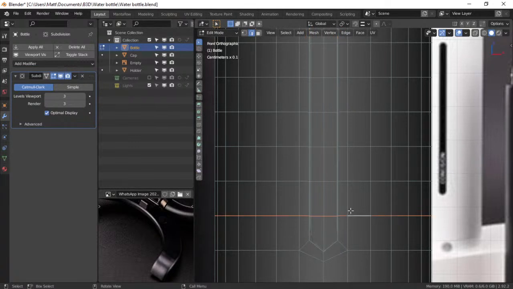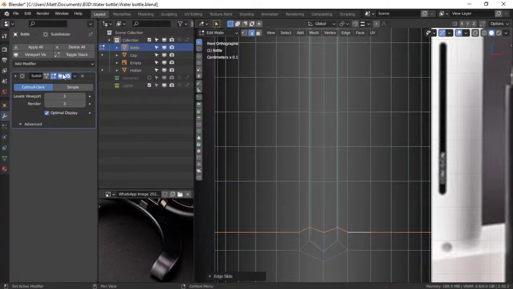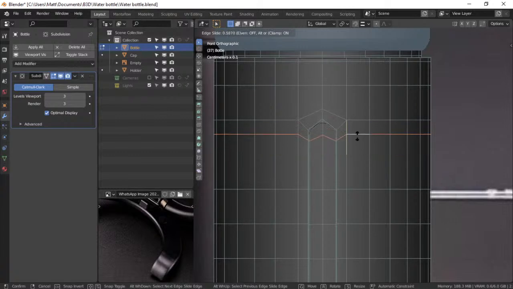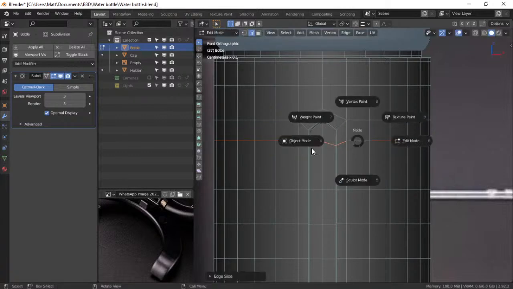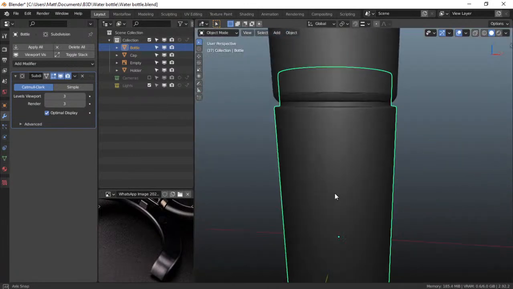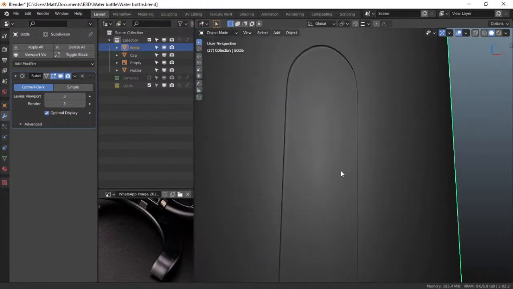So then we could utilize this. Keep turning on. Here about. And now we have that indentation. It's not that big, but